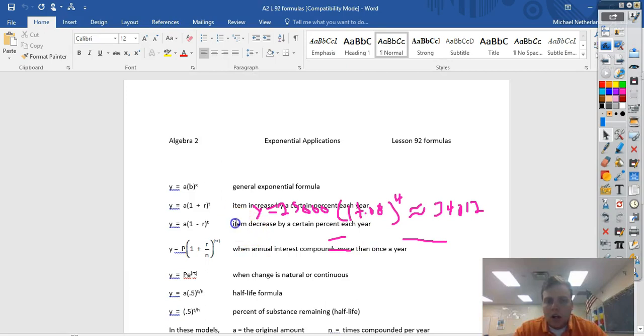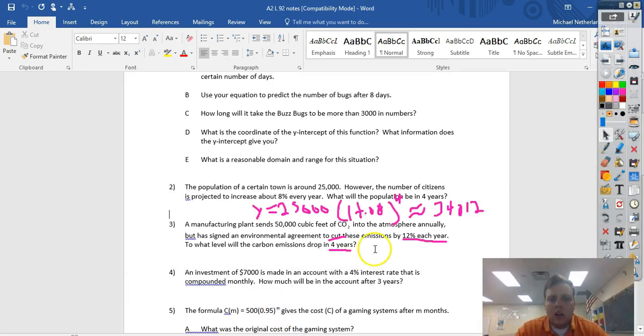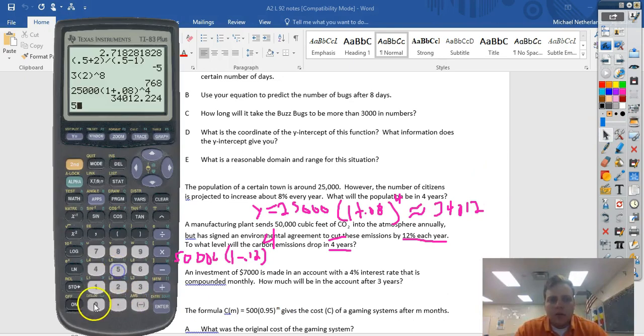right here. Item decreased by a certain percent each year. So instead of just saying 1 plus R, it's just simply 1 minus R. So we're just going to say 50,000, because that's my initial amount, times 1 minus 0.12 raised to the 4th power. Okay, so we're going to grab our calculator, which is just going to be 50,000 times 1 minus 0.12 raised to the 4th power. And that gives us